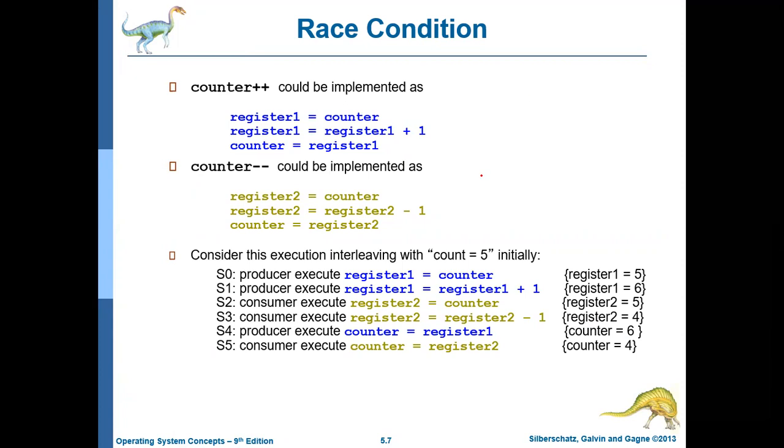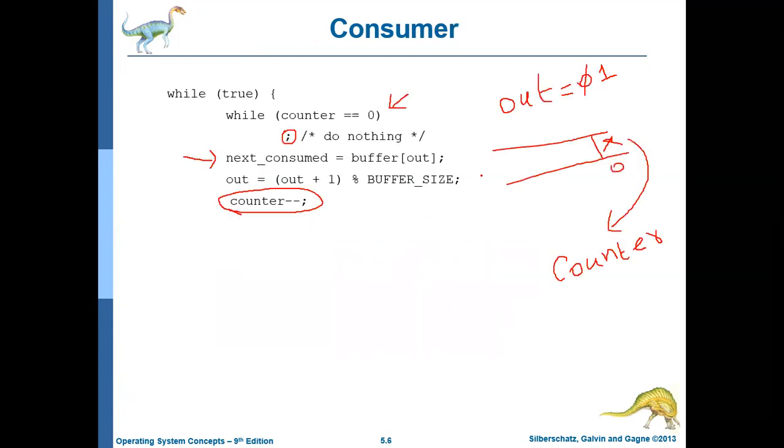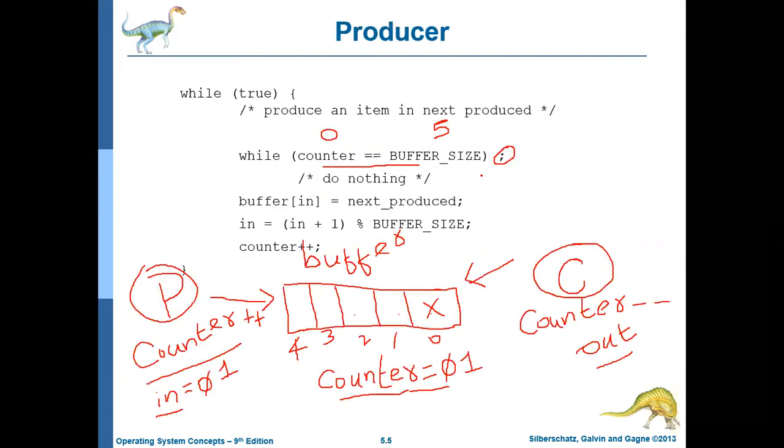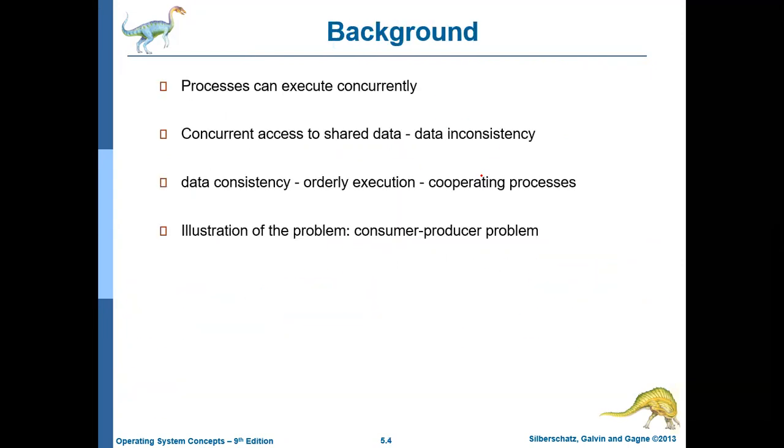So what we have discussed is the introduction to process synchronization and the need for process synchronization. If processes are not synchronized and they are sharing a common data item, then it may lead to a problem called data inconsistency, and we have discussed that with an example using producer consumer.